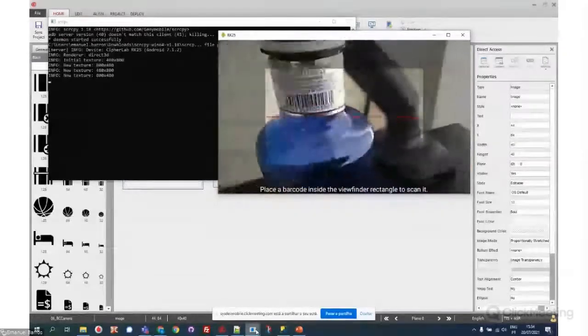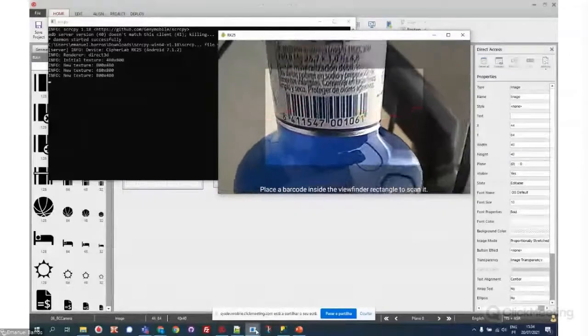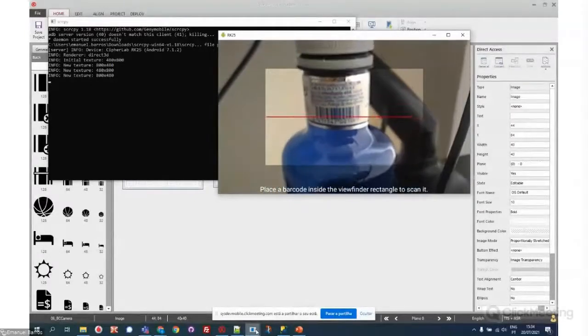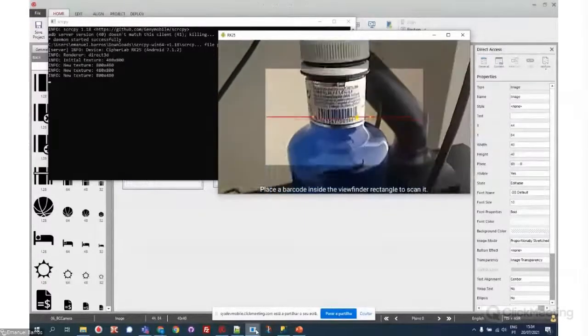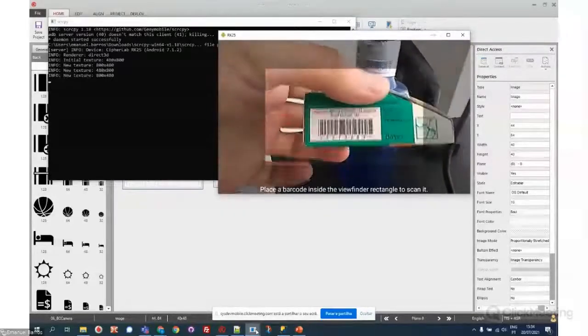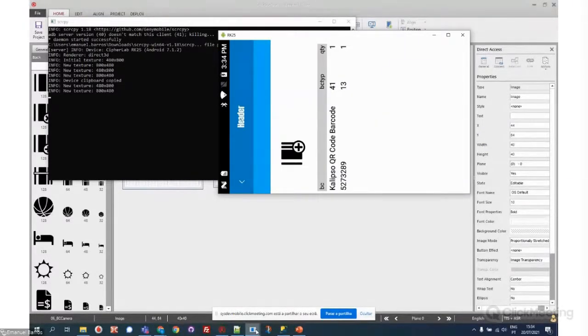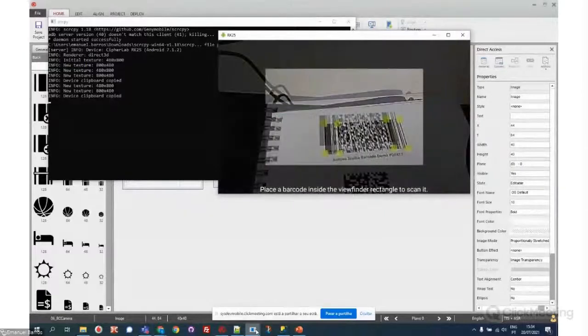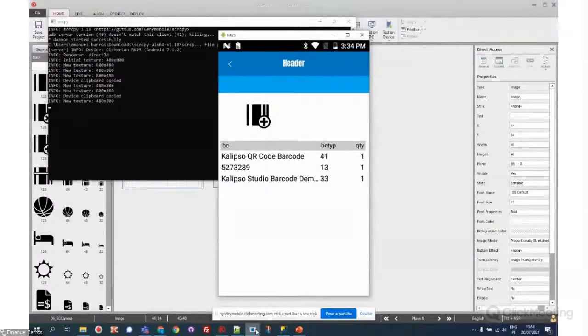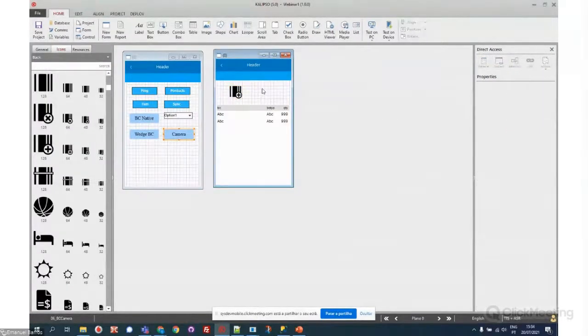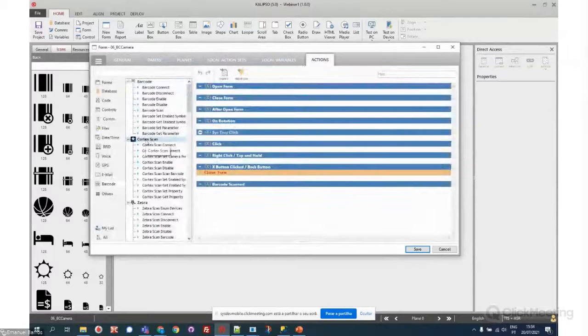See, when it's low quality, sometimes it takes a little bit or never. Let's see how that works. Okay. So using the camera depends on the quality of the camera, how fast the camera can focus. The camera is really good with 2D barcodes, but with 1D it's a bit slow. Okay. If you want to use the camera and be faster, you can also use the Cortex scan engine, but